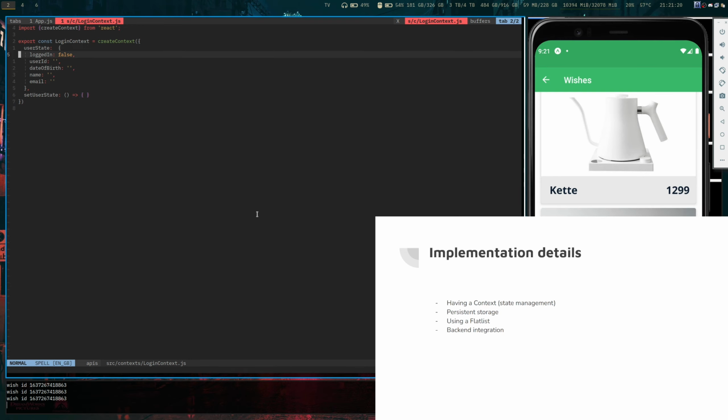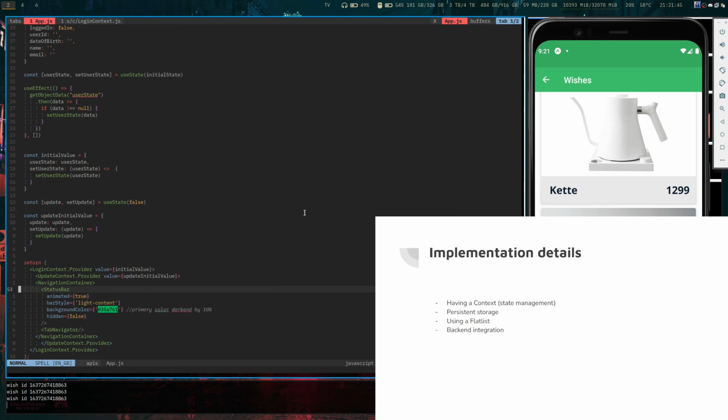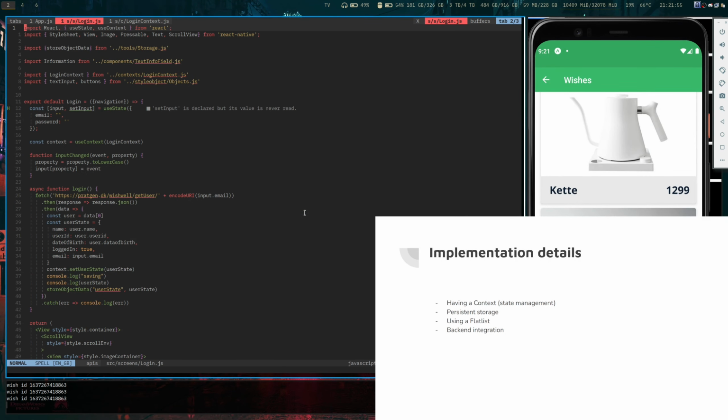The context is like having a global store that is accessible by the whole app wherever it is imported. We can create the context and push some initial values right here. And here in the app.js, our main component, we provide the login context. When we go to the login.js, we import and use the login context. And when we have successfully logged in, we can set the user state to the user which we've just successfully